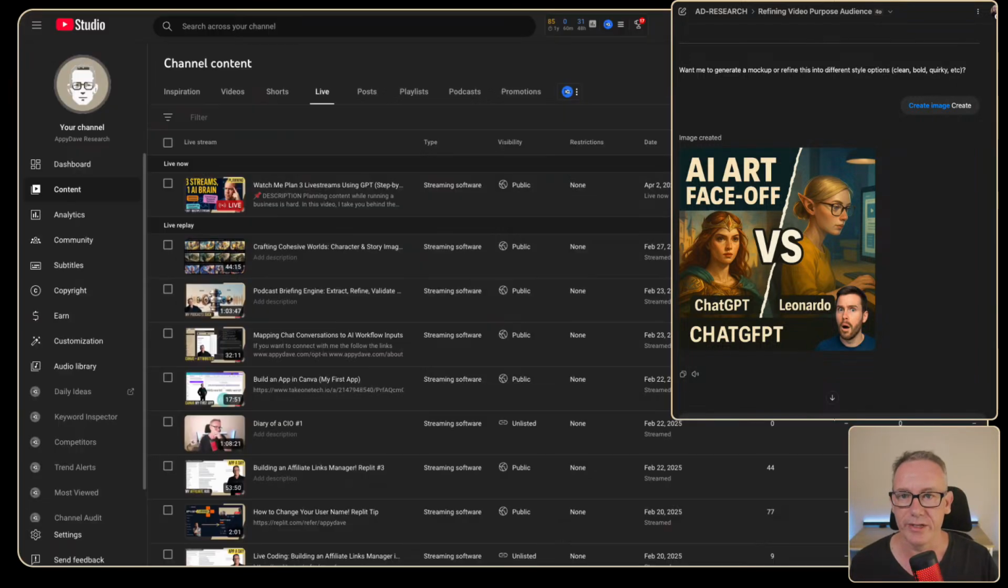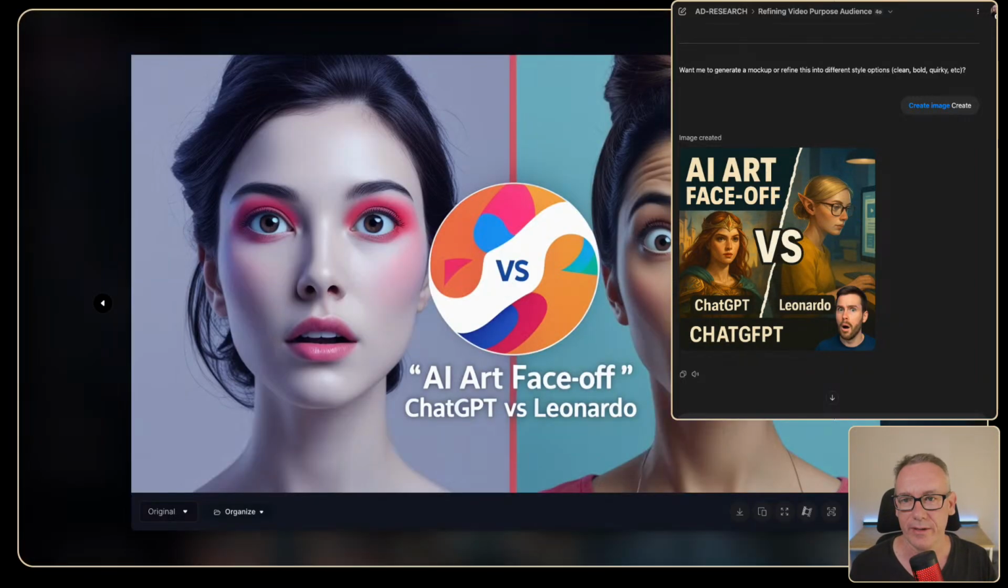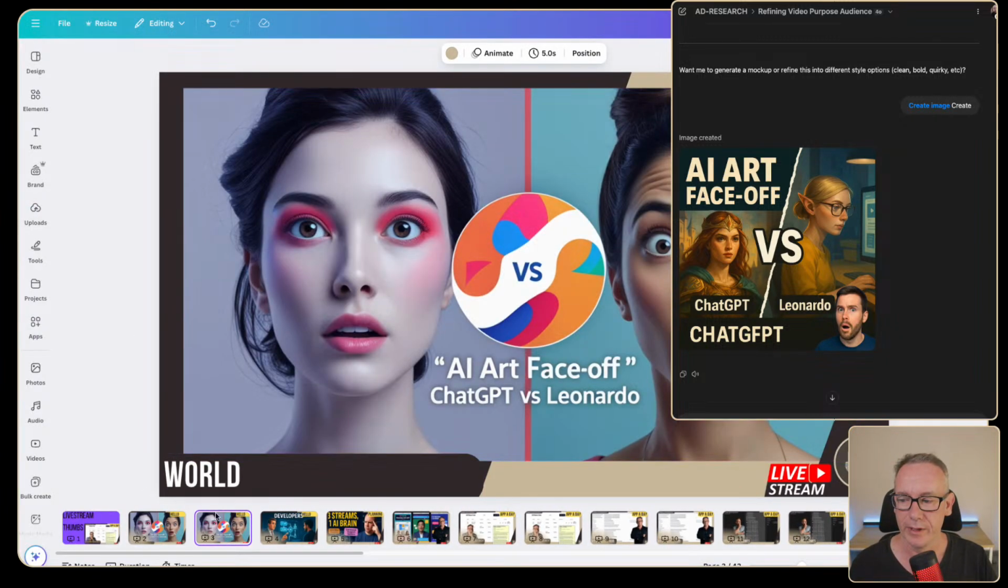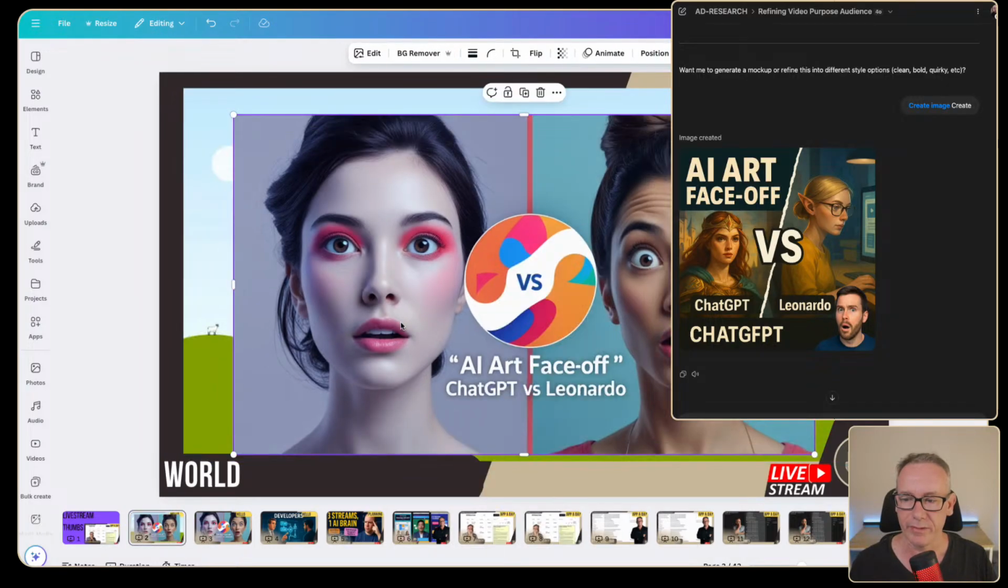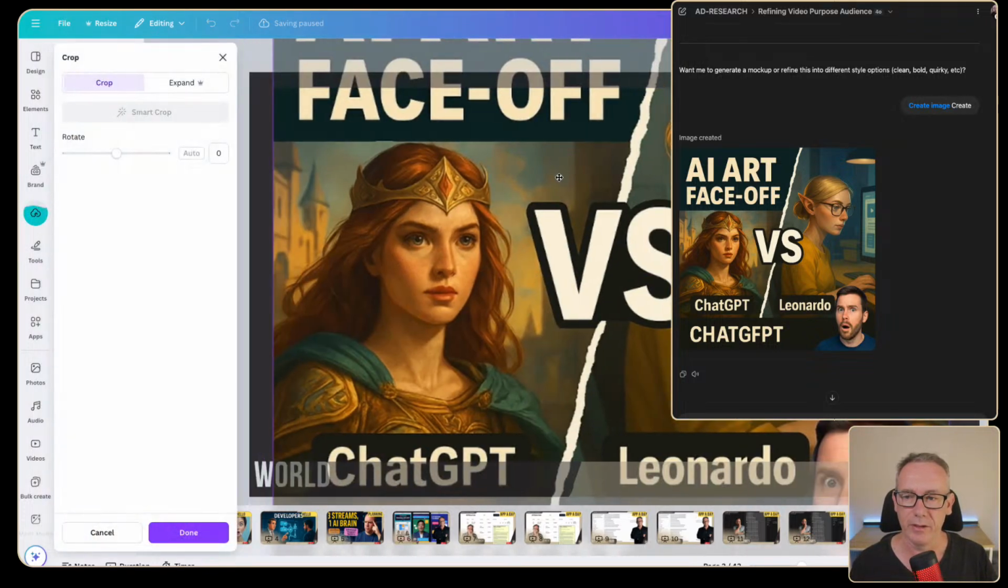Cool. So let's move over to AI face-off. ChatGPT Leonardo. ChatGPT, whatever that's meant to be. But that's pretty cool too, you know. And the good thing about that one is if we do copy it and we jump in over here and we do a duplicate, at which point we will detach, we'll paste, we'll click, we'll delete, we'll drop,